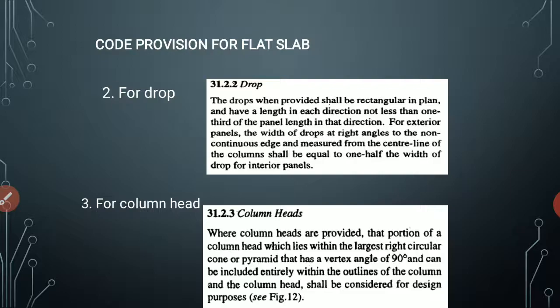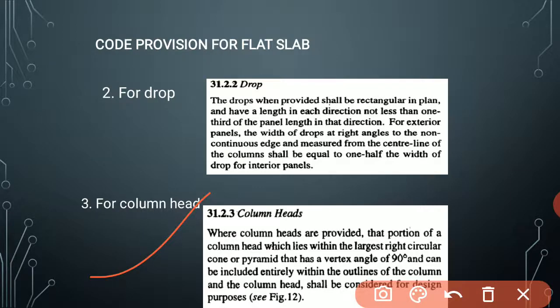And for external panel, the width of drop perpendicular to the discontinuous edge from the center line of column is taken as 1/2 into the width of drop panel for interior panels. Okay, the thickness of drop shall not be less than 1/4 of the thickness of slab. Right. Okay, then moving towards the thickness criteria for column head or column capital,